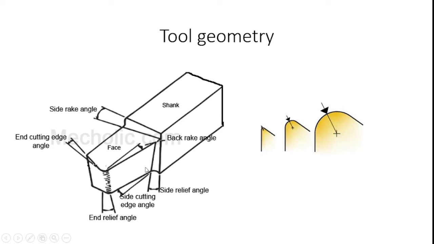It guides the direction of chip flow. Why is back rake angle available? It guides the direction of chip flow, and also it protects the cutting tool point. If I utilize a softer material, the greater should be the positive rake angle. So for softer material we can utilize the positive rake angle. This is the important factor available with the back rake angle.